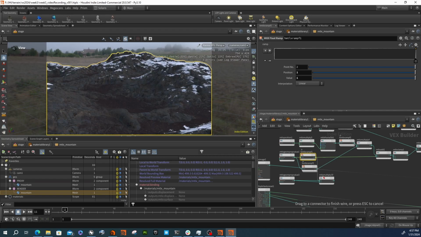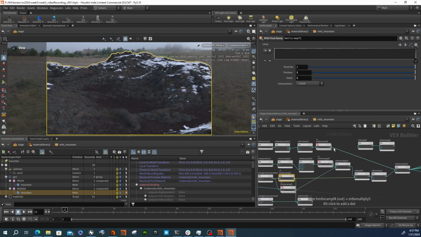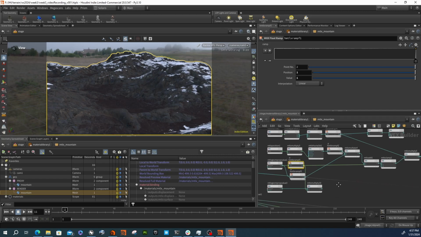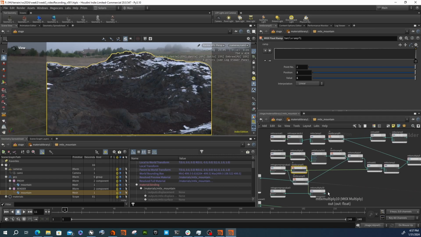So I'm going to multiply those two together, so it'll only give me the occlusion up here in this area, and not down here. And then we're going to take this, which is our snow, our normal mask that gives us this cool breakup, and we're going to add these two things together,